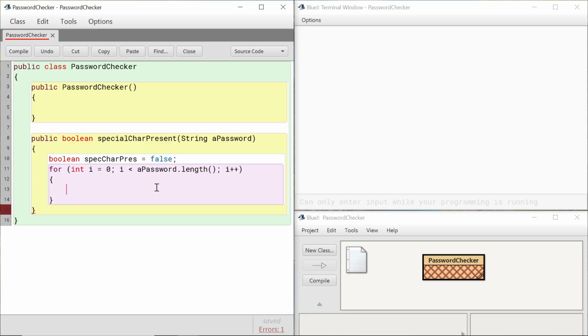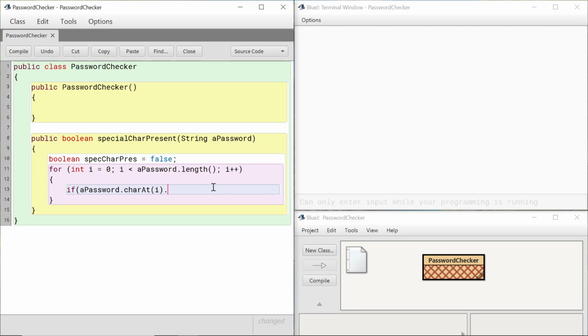Okay, so we need to check each character now, so if password dot charAt, and then we'll do charAt i because it will go through all the characters that way from 0 to the last one, the character at the last index. So charAt i, if password charAt i,